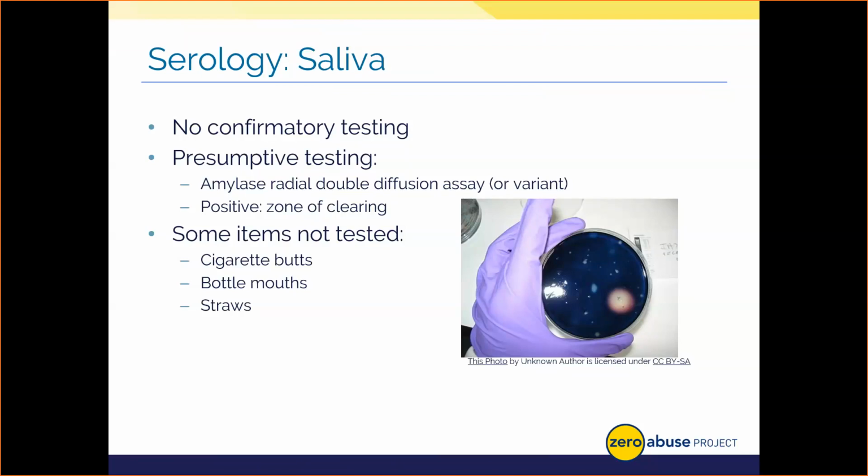Simple sugars lack those large grooves of the starch since it's been chewed up by the amylase, so the iodine's not going to bind to the area of the plate, leaving a positive sample to look like an unstained brown or yellowish zone. This test is called the starch iodine or radial diffusion test for amylase. Note that some labs may use a variant of this method known as the Phadebas method.